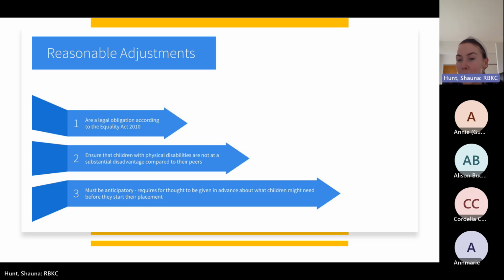Some examples of reasonable adjustments could be adjusting the physical environment before the child starts, which might be installing ramps, and maybe even a wet room. It could be modifying the curriculum and assessments, for example allowing a student to answer assessments orally or use a computer. Or it might be perhaps even just reducing the distance between classrooms for students who have physical disabilities.